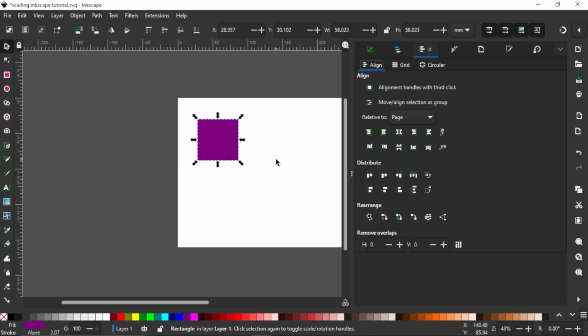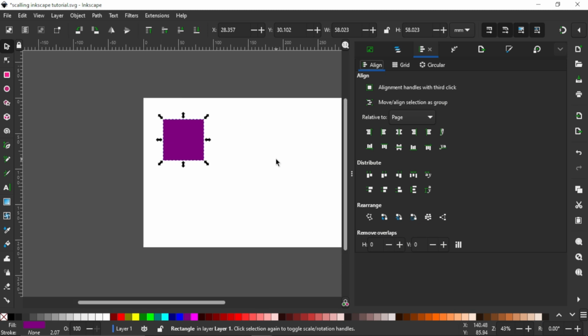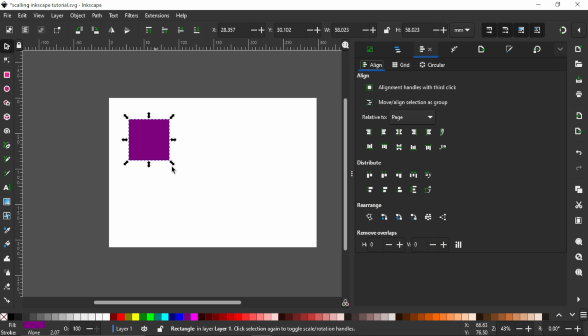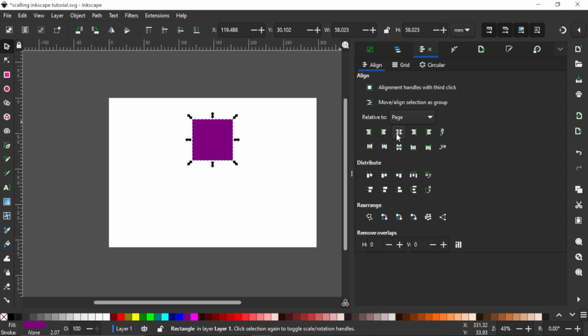So let me zoom out so I will see where I am aligning this shape. So you first of all make sure that the shape you want to align is clicked on. So I'll click on the shape. So I've clicked on the shape I want to align on my canvas. So I head over here. I can click this button here to center the object at the middle of my canvas, but vertically. So when I click it, it's at the middle